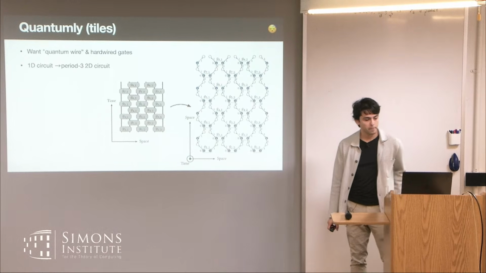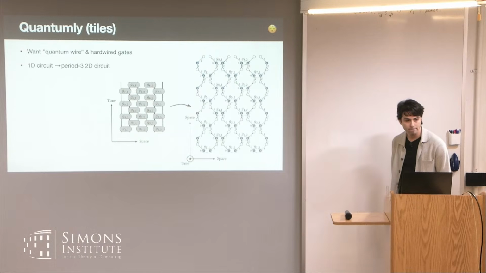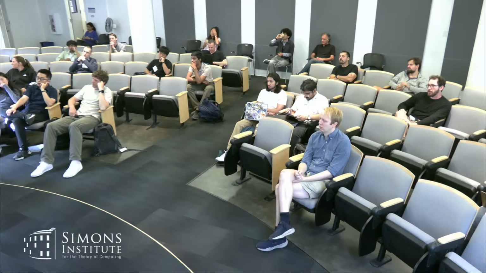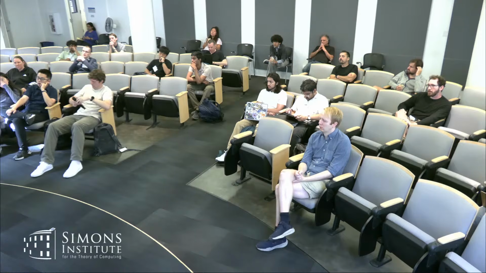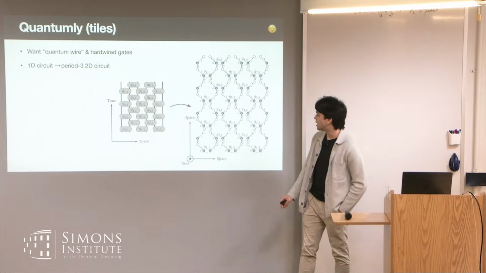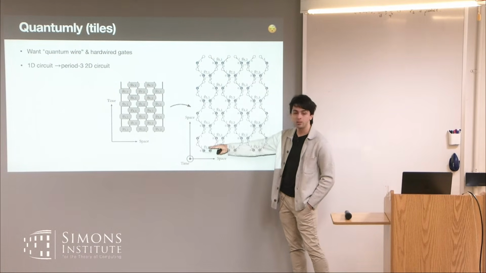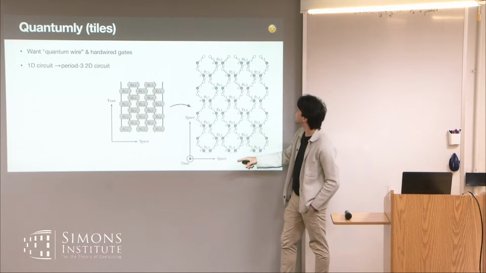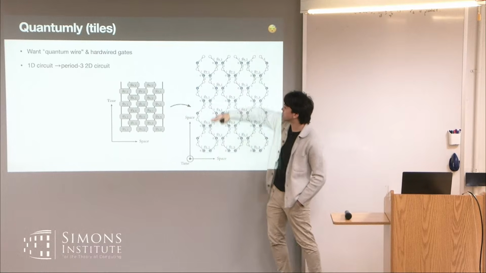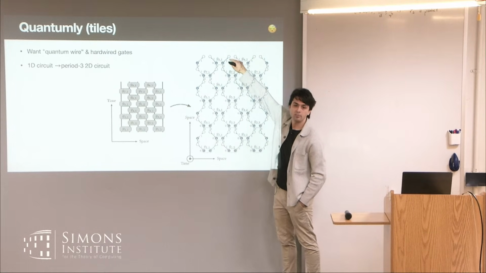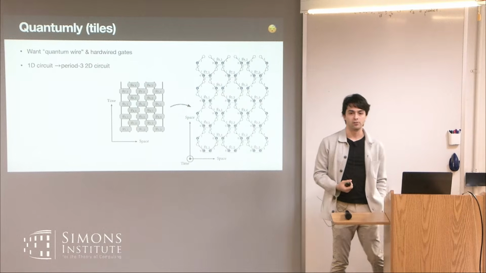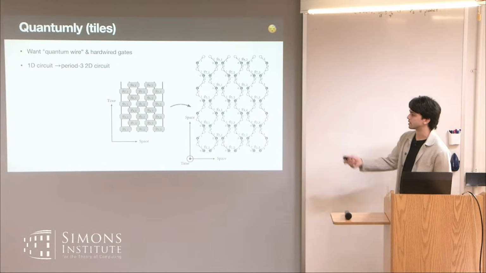Sorry, I'm a little confused. Are you saying that you want to do gates at fixed locations in the chip? Yeah. And where is that on this periodic thing? So I'm going to put a qubit for each of these circles. And then every location is going to correspond to a location in this circuit. And I'm just going to be performing this gate and then 2 layers of swaps. So you have some data that initially starts right here. If I want to perform this circuit, I just apply, in this case, 8 rounds in my period 3 circuit, and it just propagates. And at the end of those 8 rounds, my data is here, and it's had this layer of gates applied to it.